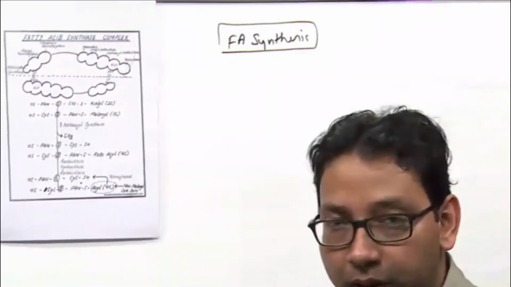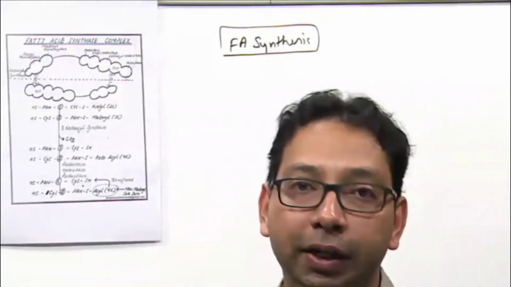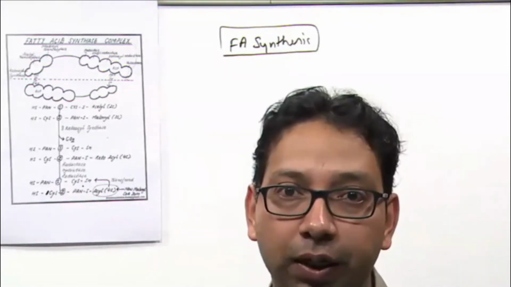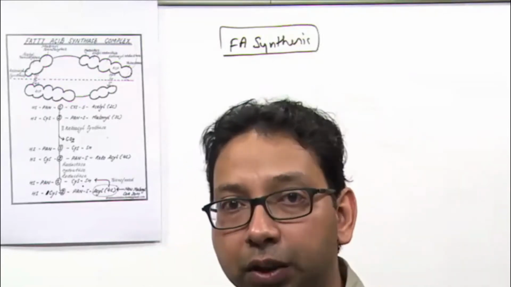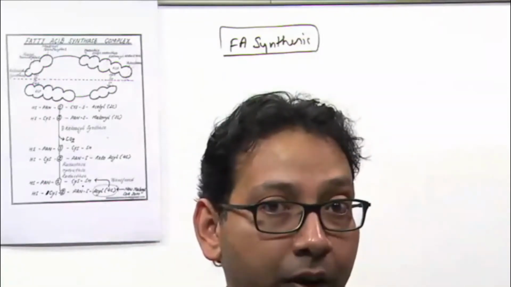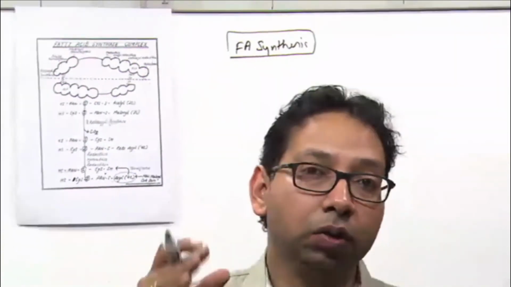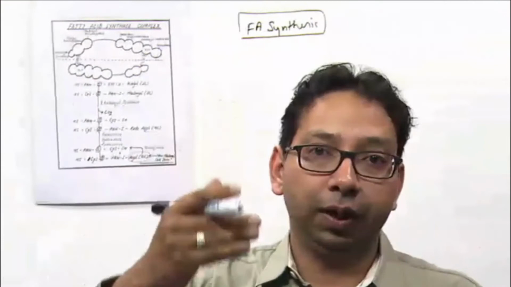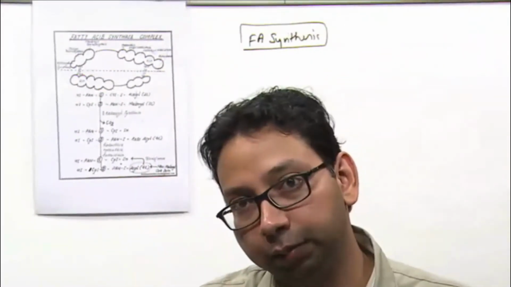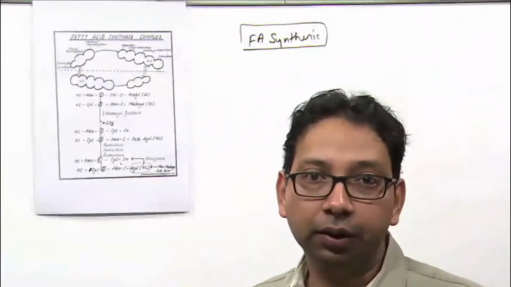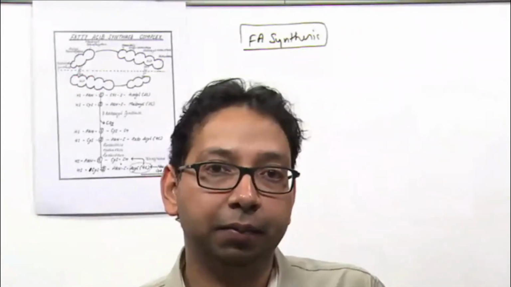In a normal situation, I told you, of the carbohydrate we ingest, 50% is used for energy production and 50% is stored, 10% in the form of glycogen and 40% in the form of triacylglycerol, meaning fatty acids. When glucose is metabolized, glucose is converted to pyruvate by glycolysis. Pyruvate is converted to acetyl coenzyme A by pyruvate dehydrogenase. Then acetyl coenzyme A enters the Krebs cycle, and one acetyl coenzyme A produces 10 ATP.